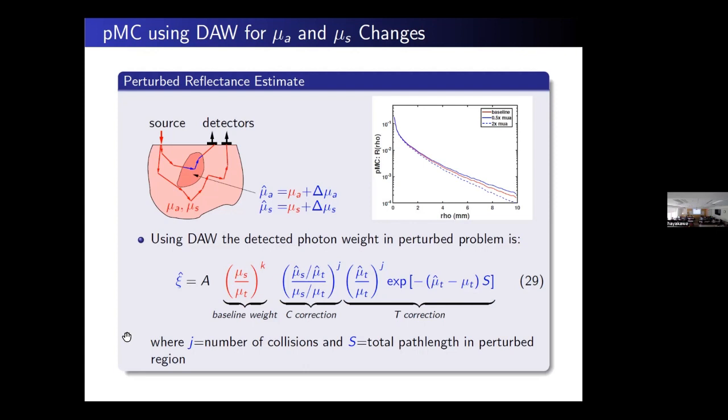So one of the things, I show a plot here of reflectance versus source detector separation. I have the baseline, which is solid red. I changed mu A by a factor of 2 and halved mu A. So those two plots are shown next to it. And see how the little bumps are tracking each other. That's working to our advantage. I'll explain why in a sec.